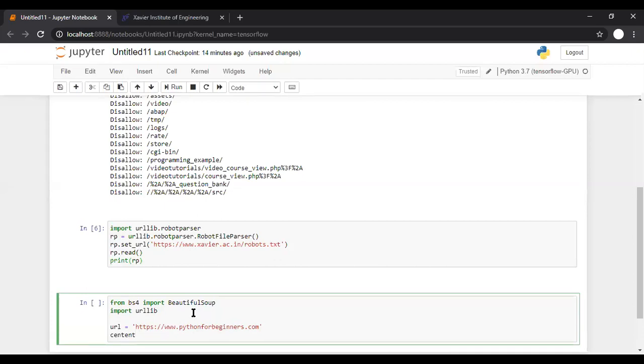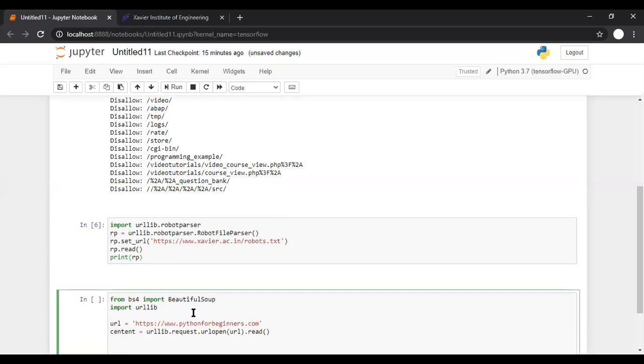Now read that file. So the content of that file is equal to urllib.request.urlopen, and to this we'll pass the URL that we want, and after opening it, read it. So open that page, or open the stream, read the content, and get the contents.